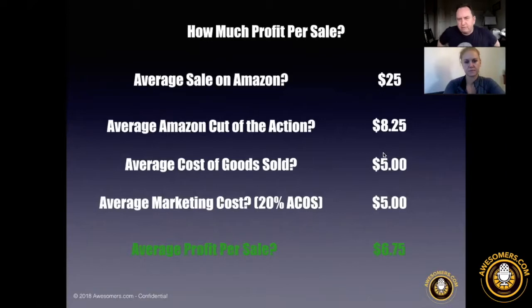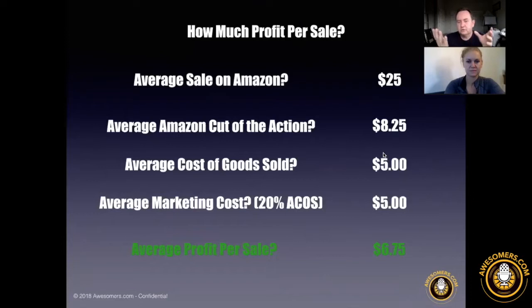But I want to just help frame up this issue because a lot of people don't understand what we're talking about here from a profit perspective. Now, you guys can agree or disagree with my numbers, but I think I've taken some general median and average numbers here. If the average sale is $25, Amazon's going to collect around 33% of that for their commission plus FBA. Now, I could show you some sellers that are paying 60% of their sale based on the size of their item, their FBA fees, but I think this is a reasonable number. You can agree or disagree and do your own math.